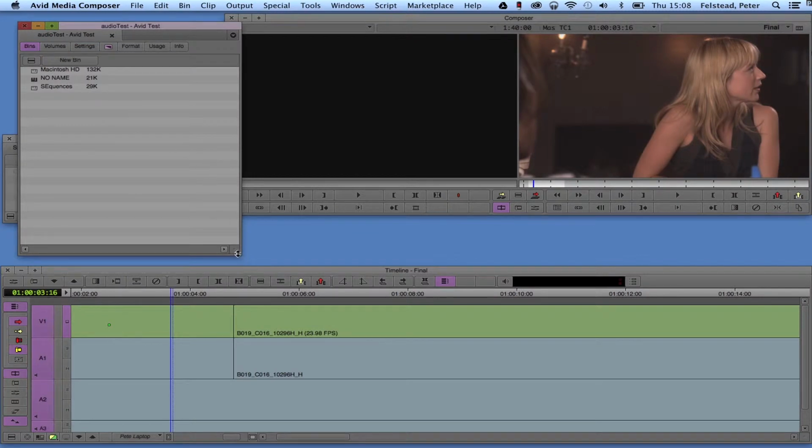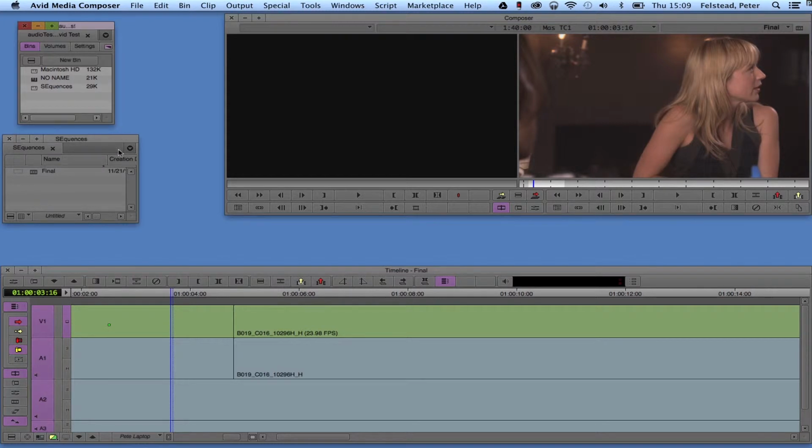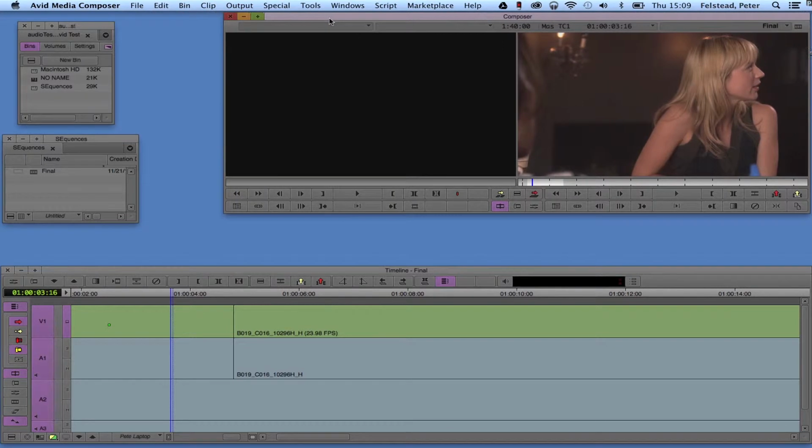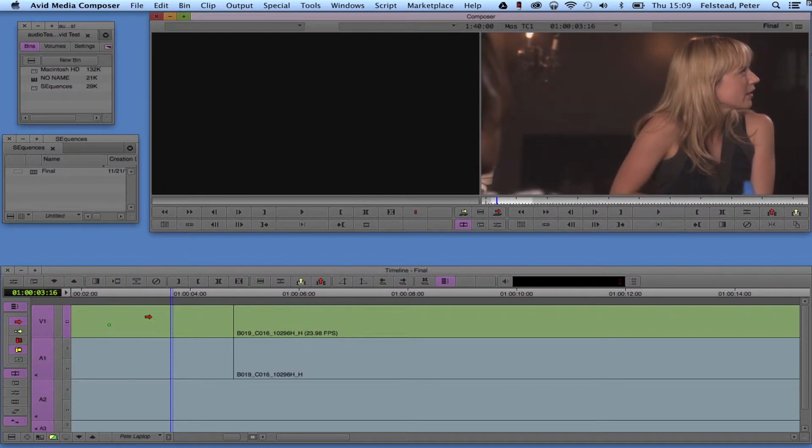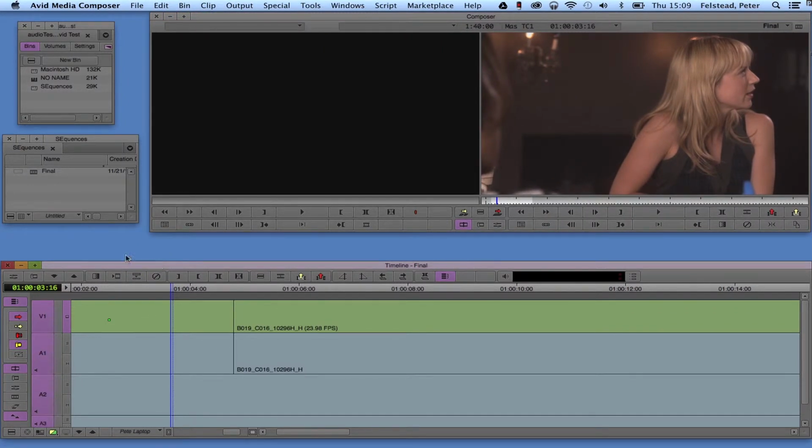which may well jumble around the windows a little bit, so you might just have to quickly, or not so quickly, rejig your windows like this, like so. Okay, right. So now I've got the Avid test settings loaded. I can simply click on my timeline